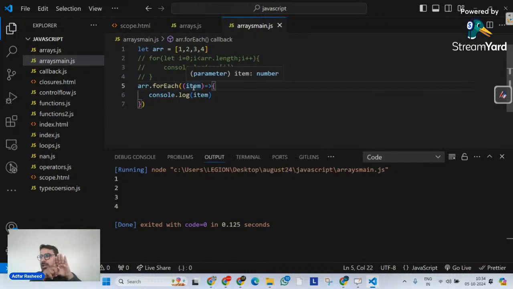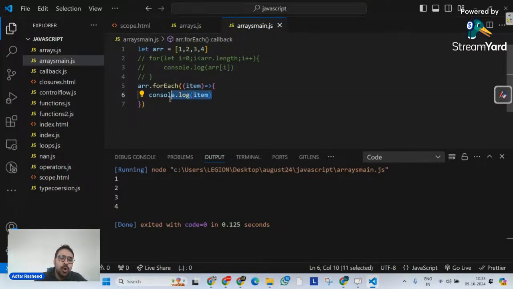So can we say this loop automatically executes itself on the array depending on the length, because there are 4 elements, and you can clearly see those 4 elements. The argument inside this callback function represents the elements individually. So when this loop runs the first time, item will be the first element. Second loop, item will be the second, and third loop, item will be the third element, and so on and so forth.